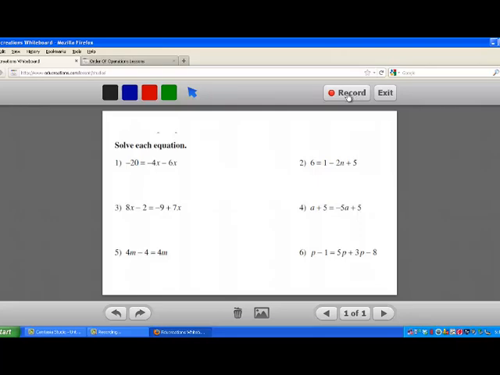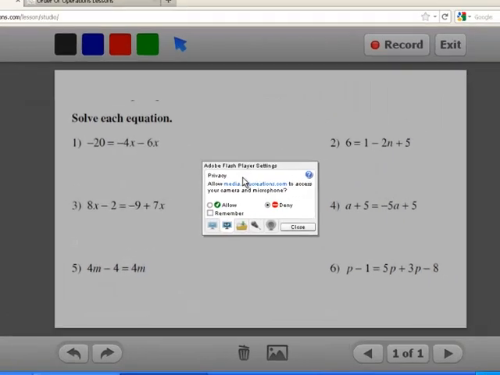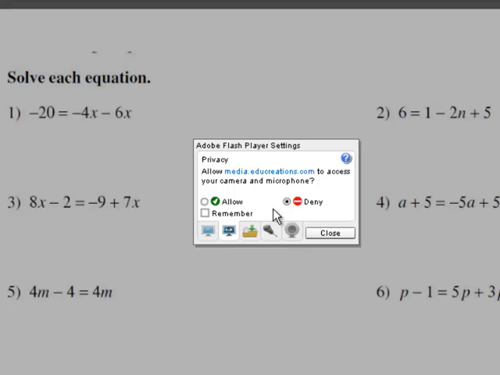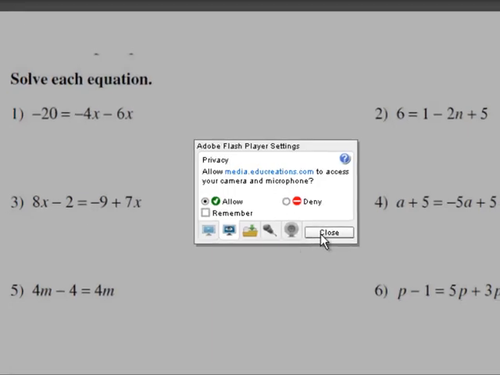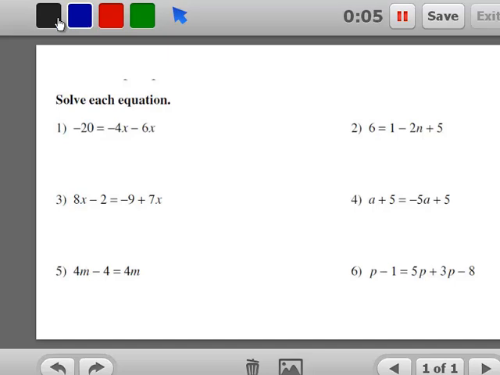Now once you have the background as you would like, all you do is you simply click record. Now it's going to record my voice as I do this. That's a feature that's allowed. Now you can deny that if you'd like. If you want to just have an audio-free video, you may do that. You can also click allow. If you click allow, again, it will record your voice as well.